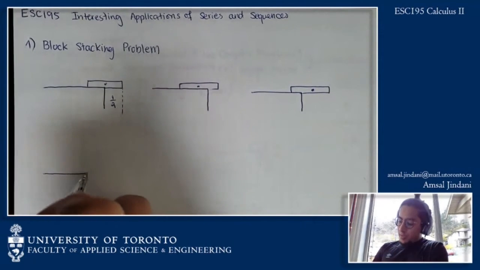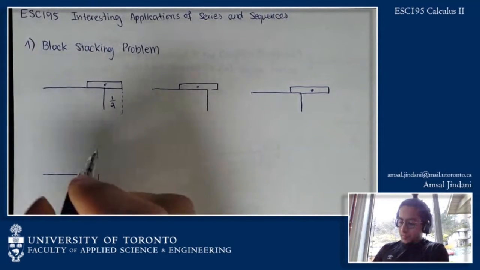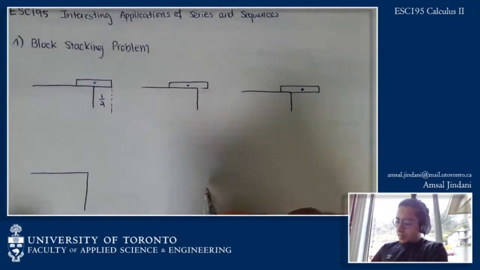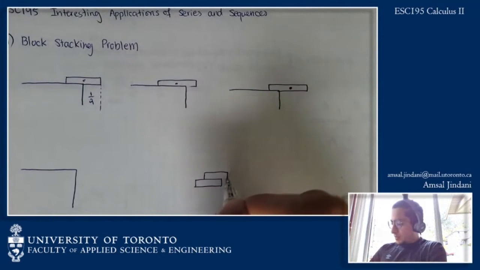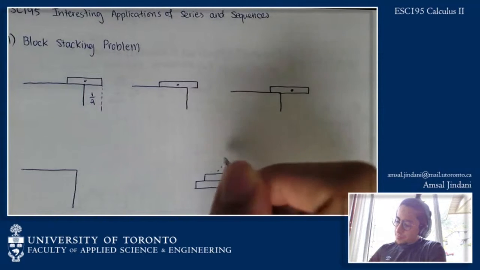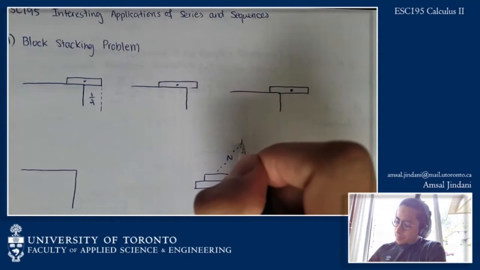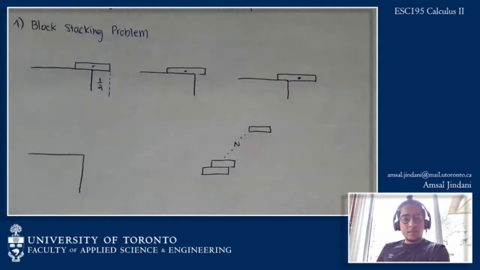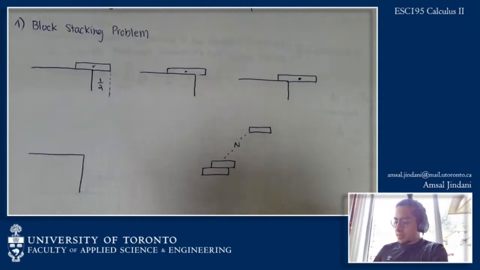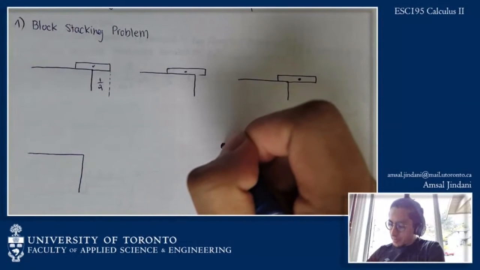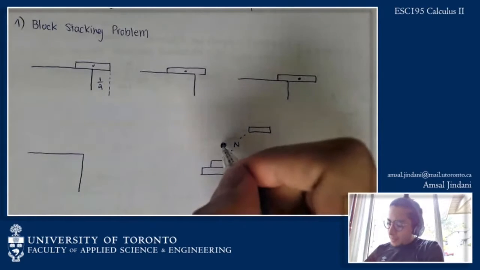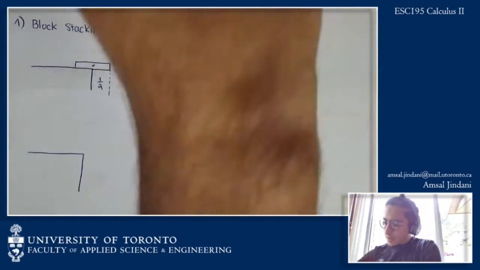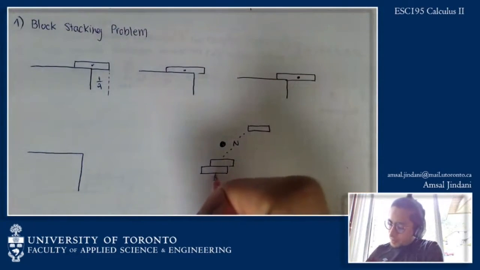So let's assume that we're in a situation where, I'll draw it here first, you have a stable configuration of n of these blocks. So this tower isn't going to tip over, you have a stable configuration of n, and the center of mass of this stack is, let's say, on that dot somewhere. Horizontally, it's on that dot. Now, I want to place this on the n+1th block, so we're going to put this entire stack